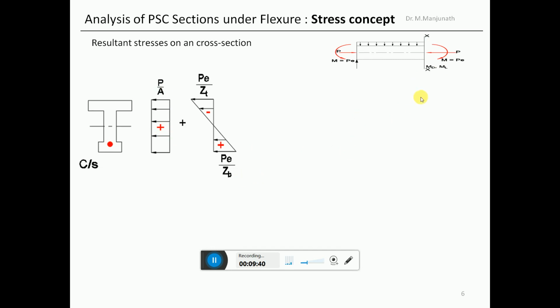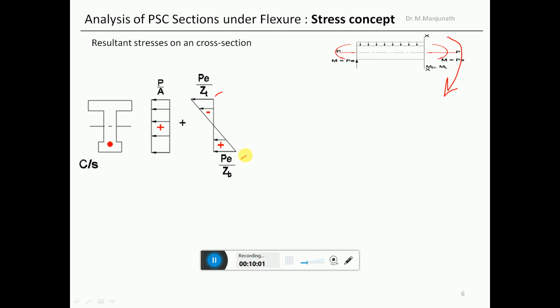Since the moment is hogging in nature, as we see here, this induces tensile stress in the top fibers and compressive stress in the bottom fibers,